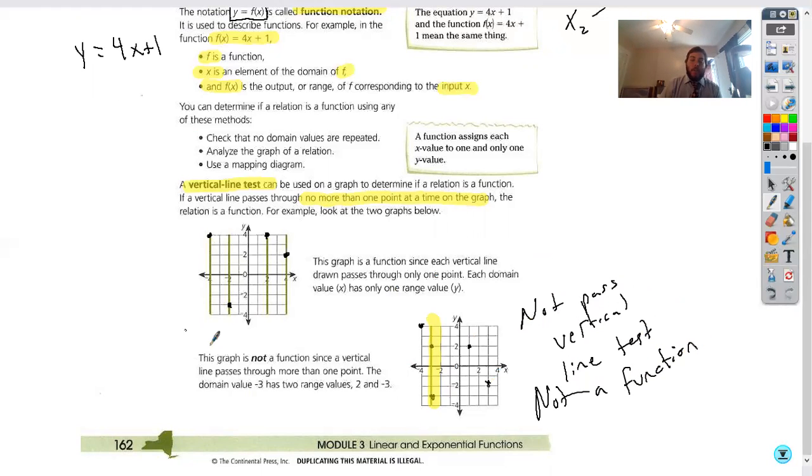While our first diagram here passed the vertical line test, so it is a function. All right, so if we take a look on the next page here,